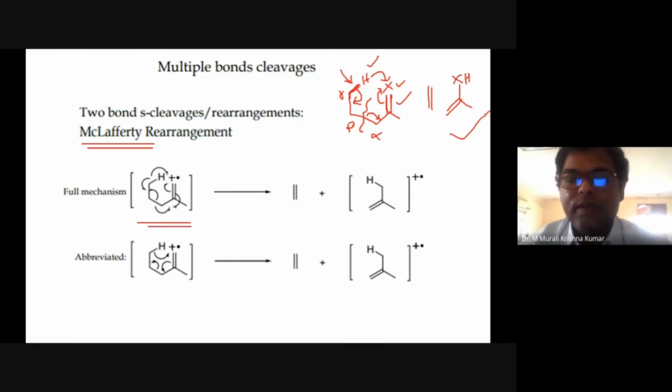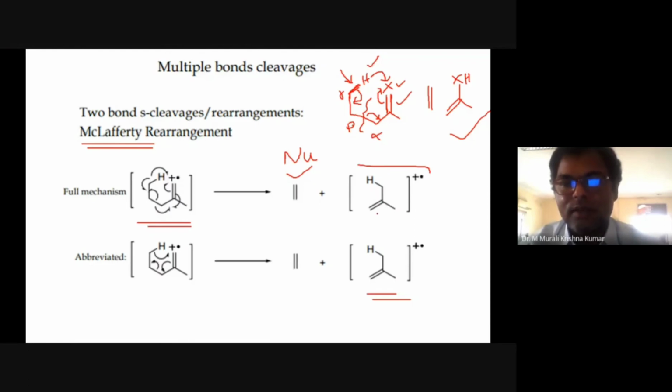So this type of fragmentation is a very popular fragmentation which explains some of the typical rearrangements in case of natural products, etc. Okay, so this is what we call McLafferty rearrangement. It is observed that always the double bonded fragment, whatever is formed over here, is the neutral fragment, and the charge remains with the second part, the bigger part.